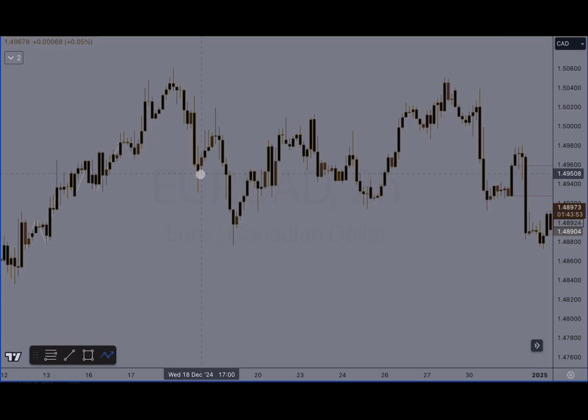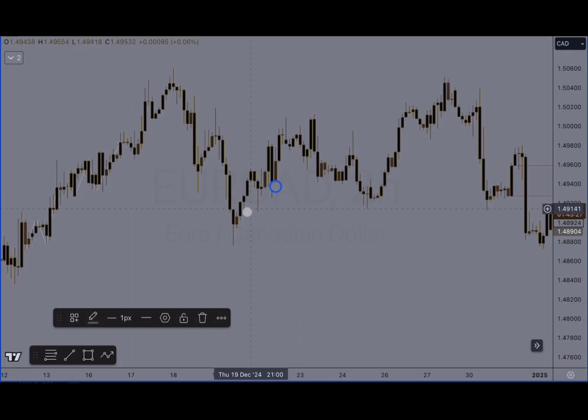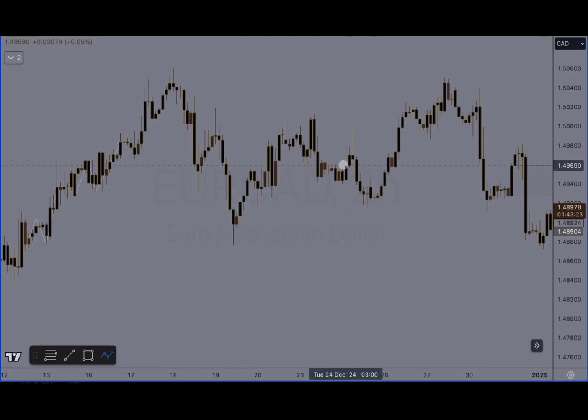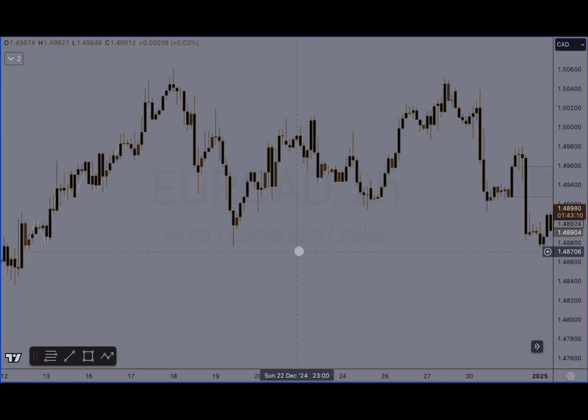And I'm just gonna keep going, looking for some examples, and then I'm gonna come back to them and go over them in some more detail. But for now, let me just go through and pick out some examples. Actually, no, that is the wrong point. Excuse me. From here to here to here to here. So I have selected right here 3 examples of what the pendulum looks like in a bullish variation,